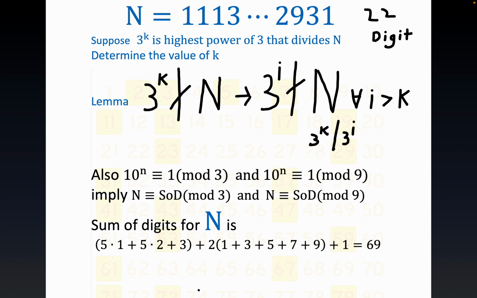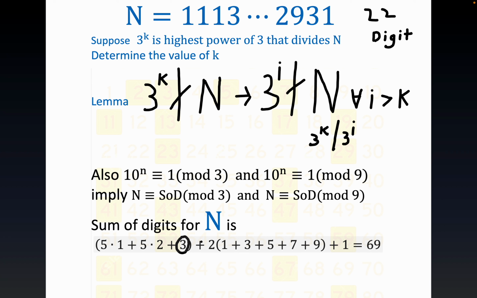Now, the hardest part here, if you want to call it hard, is actually figuring out what the sum of the digits is systematically without just writing it all down, you know? And so hopefully you can see where this comes from. This 3 will give you an idea of the schema I use. This 3 right here,